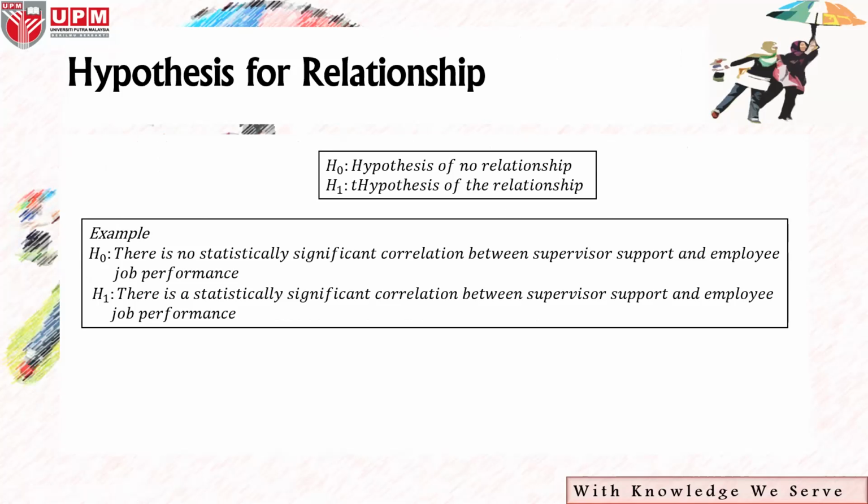Okay, so this is the example of hypothesis for relationship. By default, in general rule, we can just state that H1, our research hypothesis of the relationship, or hypothesis of existence of the relationship, the null hypothesis, no existence of the relationship. That's all. Example, our research hypothesis, we state as there is a statistically significant correlation between supervisor support and employee